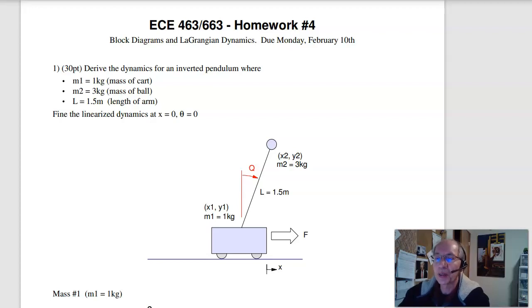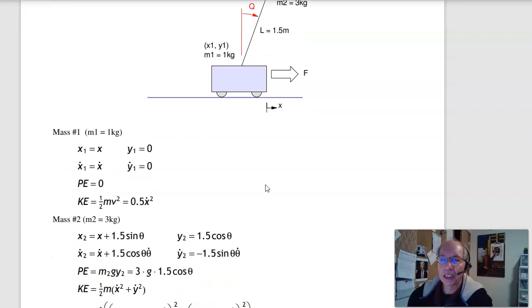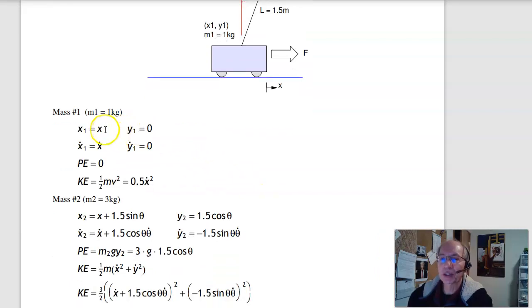The first problem is to find the dynamics for a cart and pendulum system. Basically, try to balance a yardstick on your hand. Assume the base has a mass of 1 kilogram, the length of the beam is 1.5 meters, and the mass you're trying to balance is 3 kilograms. The procedure is pretty much to follow along with the lecture notes to find the mass, position of the cart,